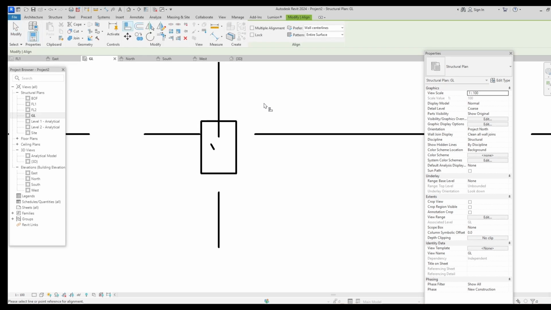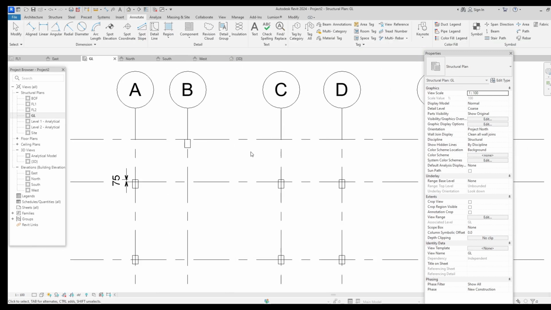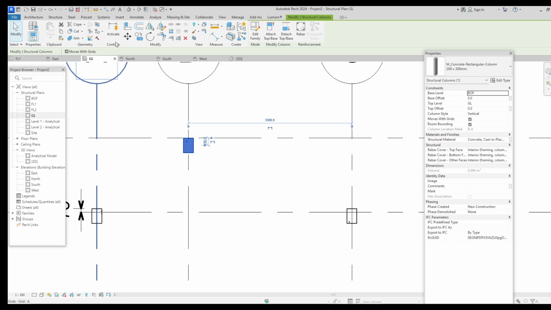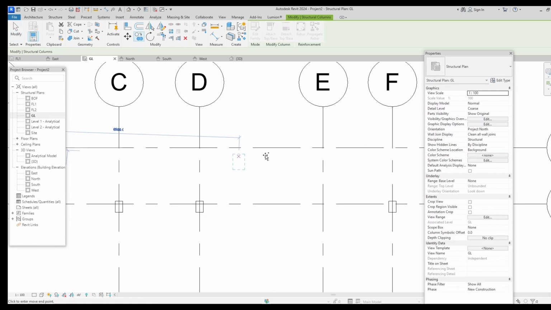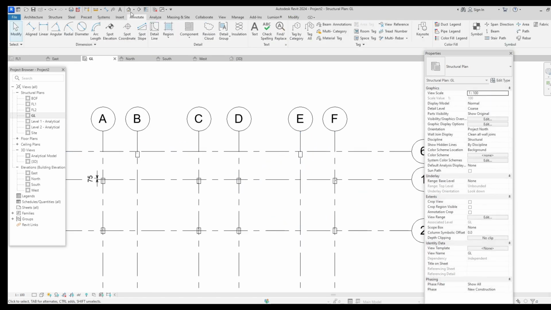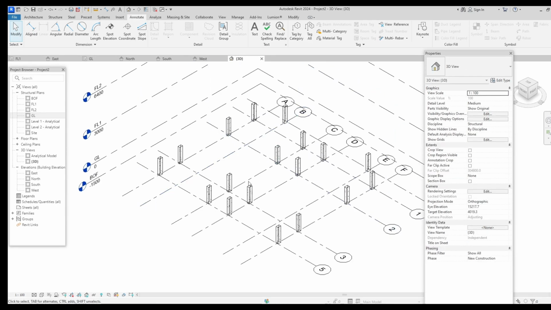You'll see this command come to show that you want to align. Then you can simply click on the grid line and you click on the column and you have the column aligned there. So I'm simply going to copy this column from here to there. Okay, if we go in the 3D view, we are going to see that we have created our